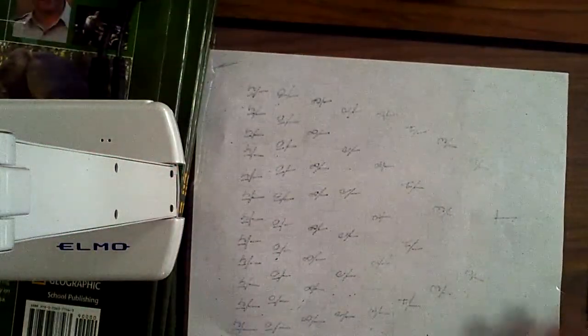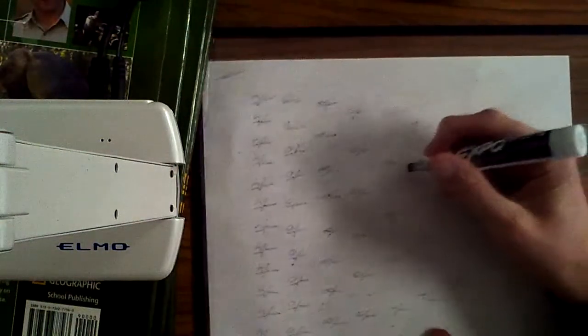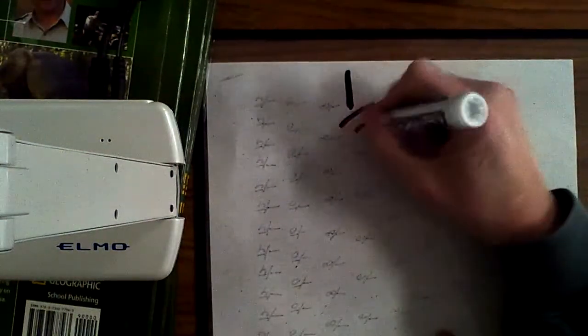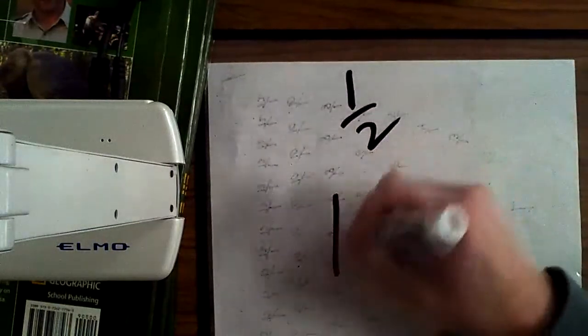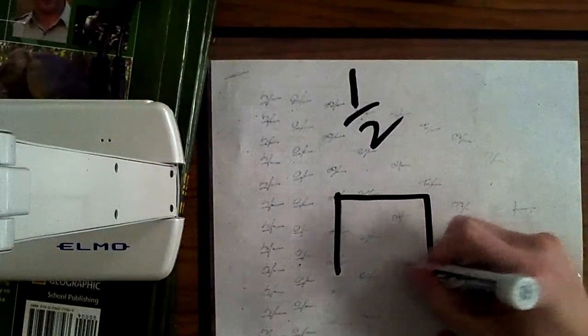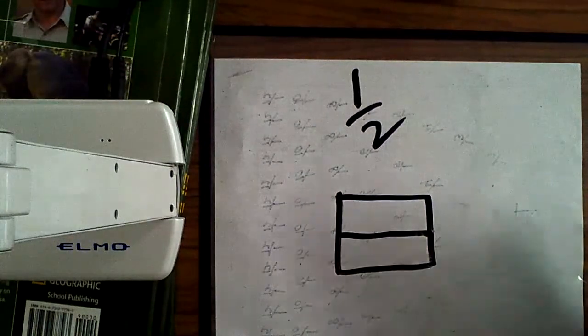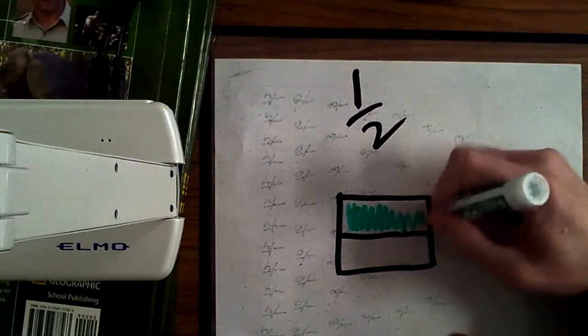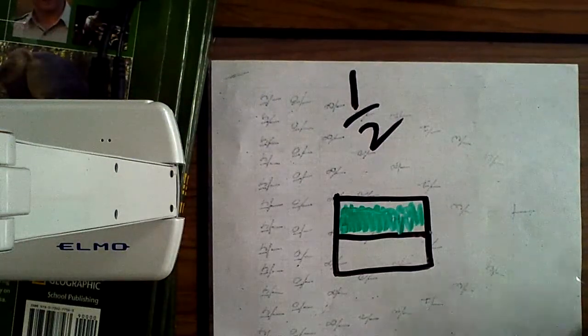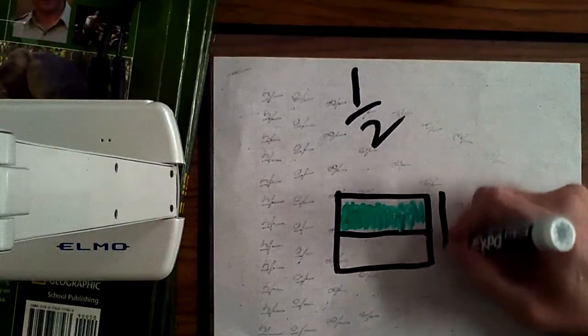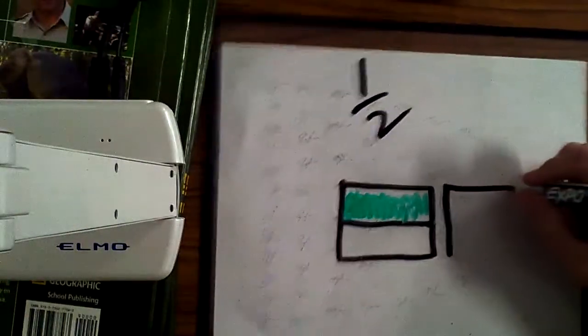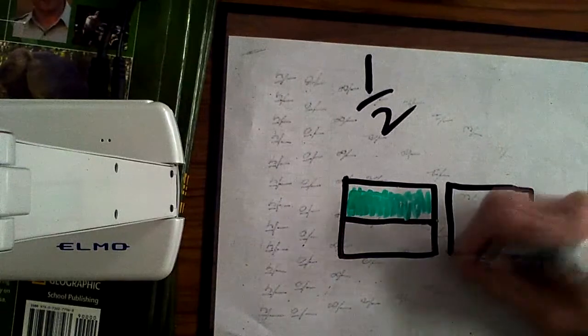We're talking about equivalent fractions. Remember, an equivalent fraction means that they show the same amount. For example, if you have 1/2 like this, that's 1/2. Well, if I make the same 1/2, like do the exact same thing, so here's 1/2 again,